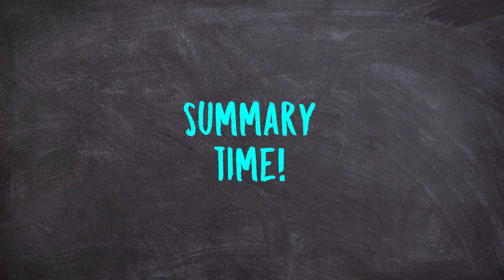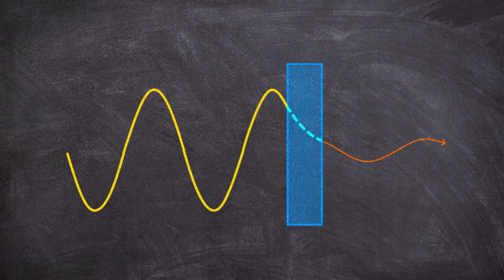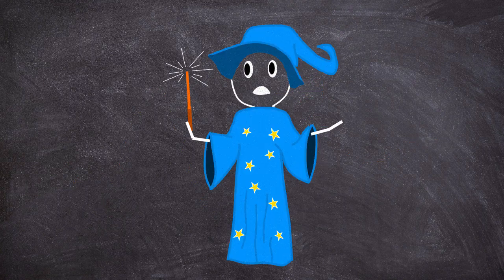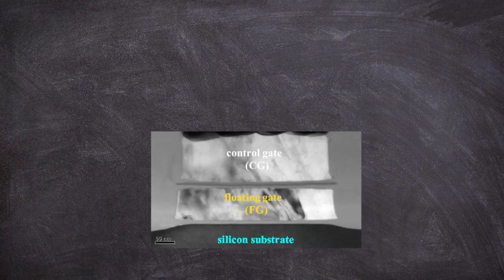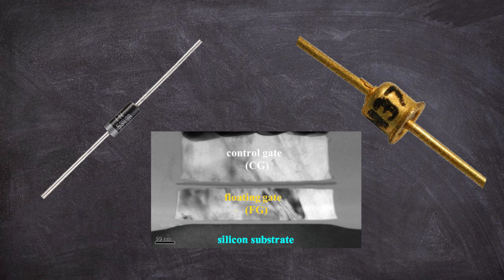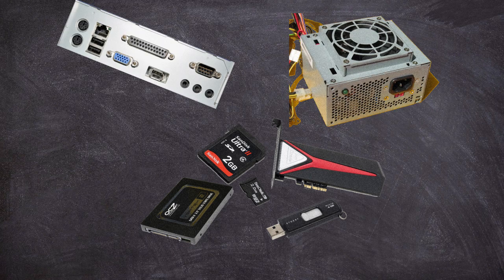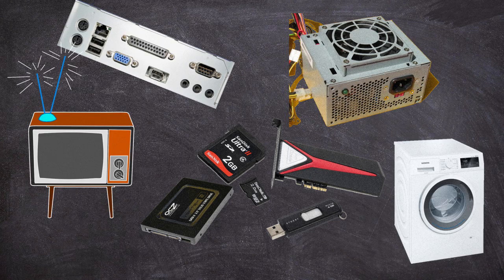In this video, we learned what quantum tunneling is. It's electron waves doing a regular wave thing, what's called evanescent coupling. We also learned that there is nothing academic or theoretical about this tunneling, and that it is an important aspect of many modern technologies. Specifically, we looked at flash memory, Zener diodes, and tunneling diodes. And even though there are some more quantum tunneling technologies out there, with just those three, we saw direct applications to huge swaths of modern life, ranging from computer memory and computer circuits to household appliances and broadcast television.